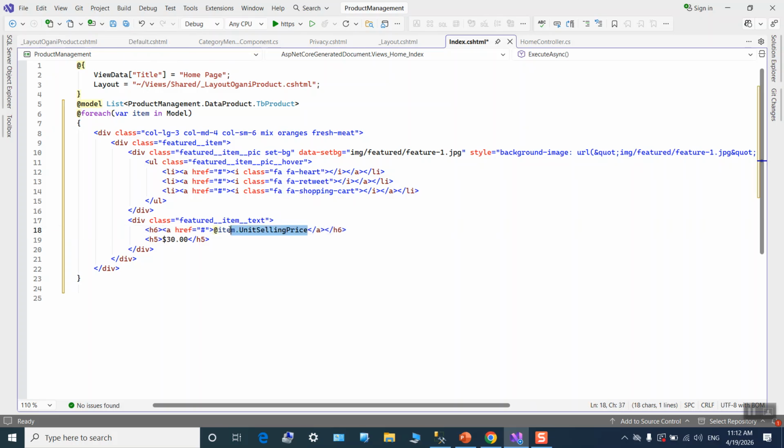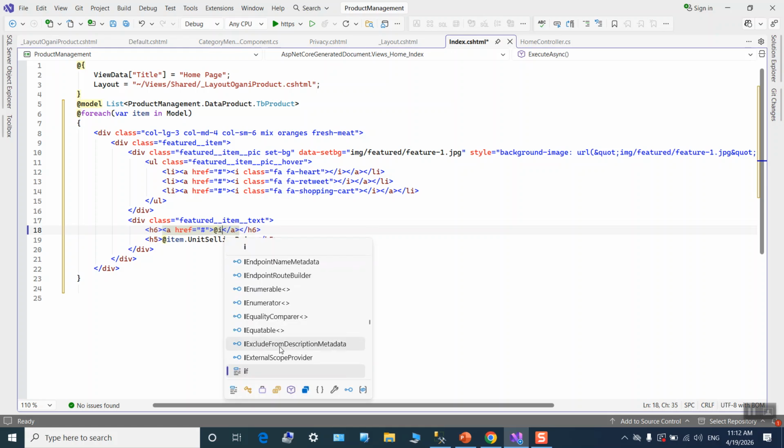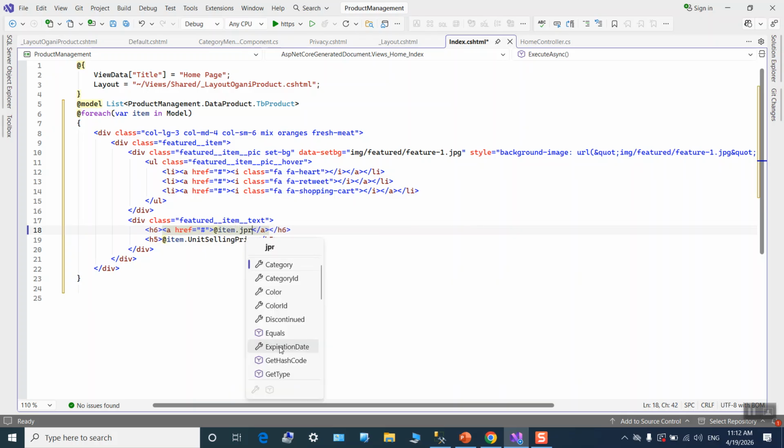Oh, cut, put it here. Item, product name,